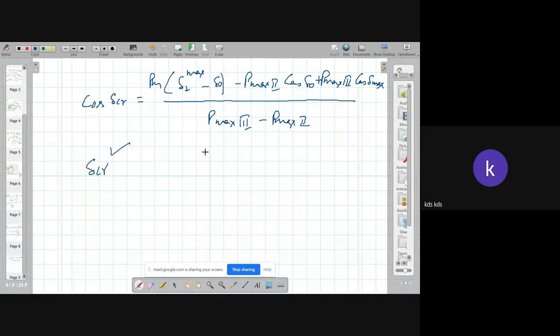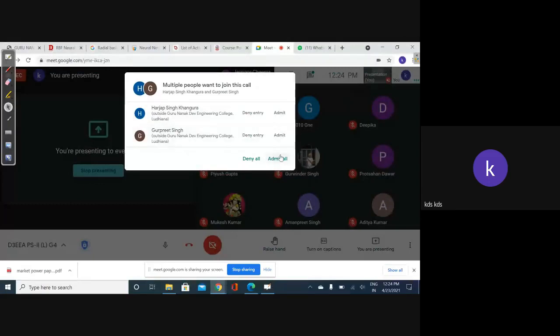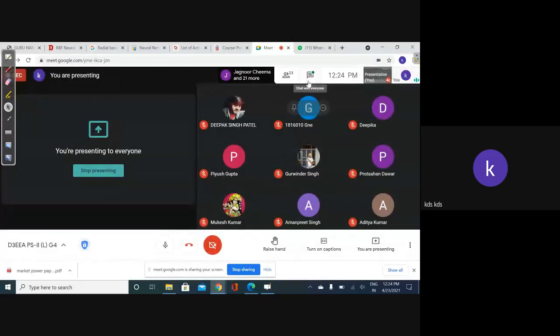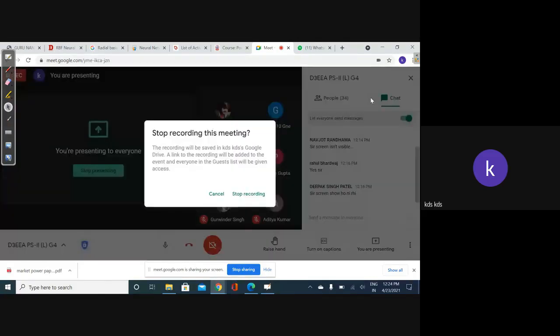Three numerical methods we will apply one by one. The first method which we will apply is the point by point method, and the second which we will apply is Euler